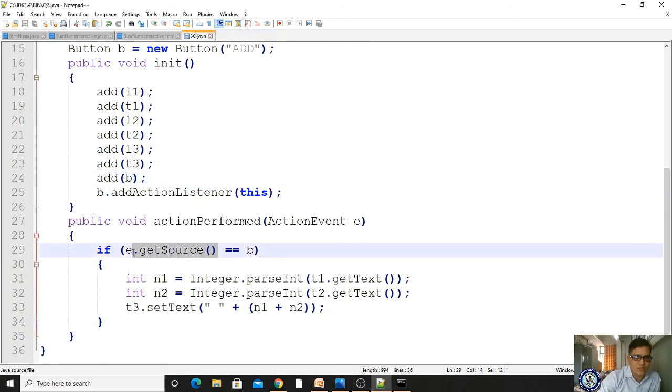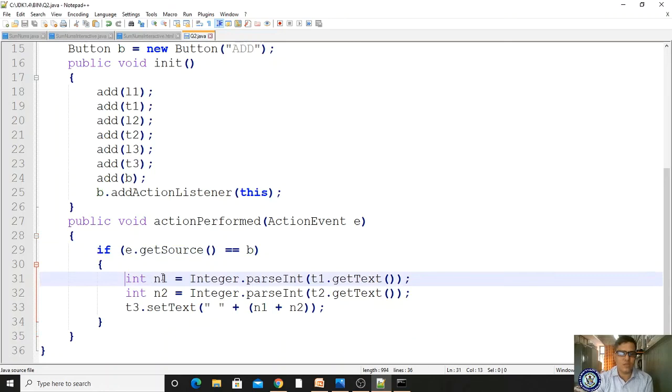getSource is a built-in method. By using this method, I can access the entire information. So I'm accessing the source of b. If I click that, I have to process int n1 equals t1.getText. What is t1?